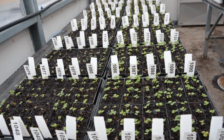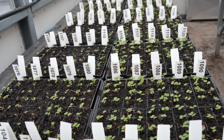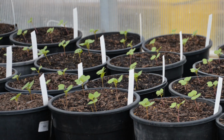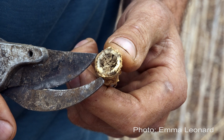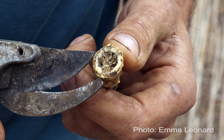So the work we're doing this year is really looking at the isolates we collected last year to see whether they do go and form a stem canker and cause yield loss in the plants, and we also want to do a survey to see how widespread these isolates might be across the country. So we're aiming for about 200 samples from across Australia, and we're asking farmers to send in 20 stalks of stubble from last year's crop, and then we'll use those stalks to determine whether fungicide tolerance is present in the